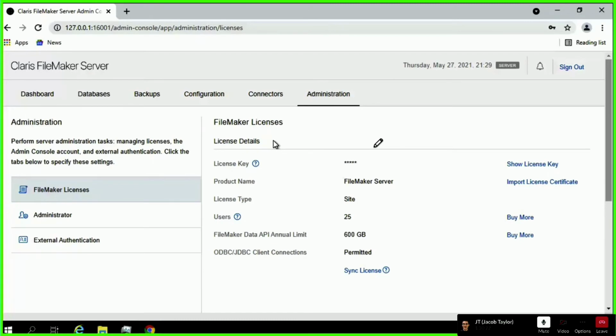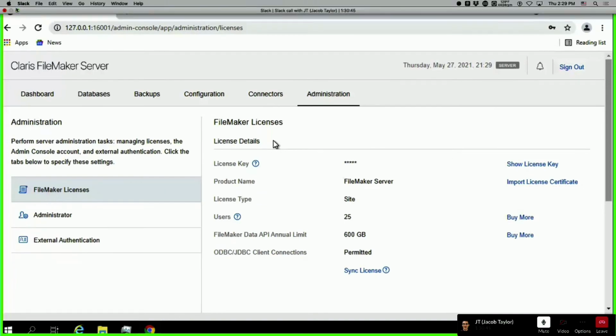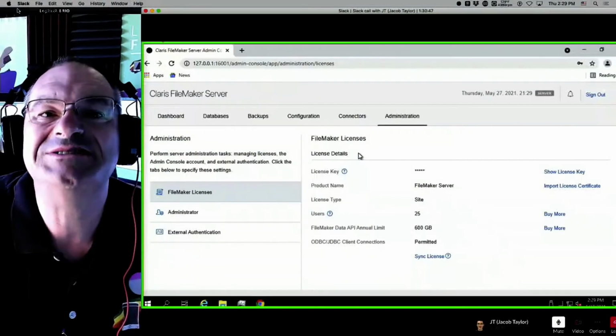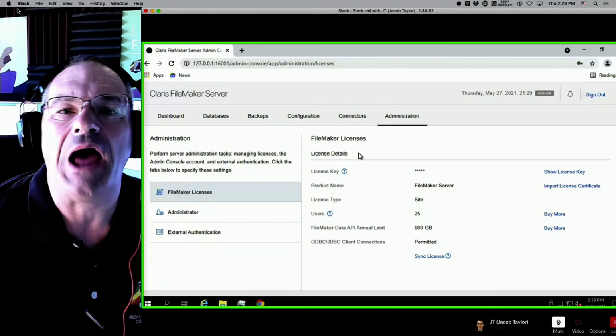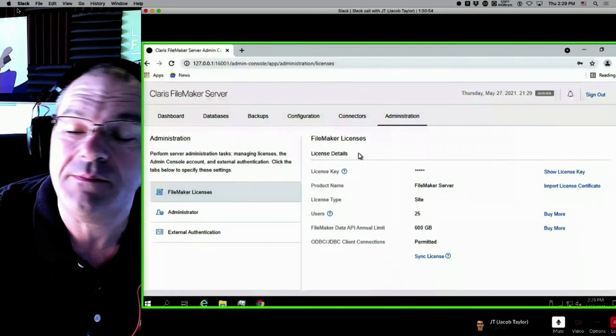So what I want to tell people is that you may not renew and you're like, aha, I haven't paid for FileMaker for a whole week, okay? And your business relies upon it, right? Listen, if you put your recipe database in this, no one cares. But if your business runs on it and you don't pay the money and you don't get the new license, then the day will come where it shuts off and you will be down for days, with an S. Not hours or minutes, days with an S. Why? Because you're going to go,